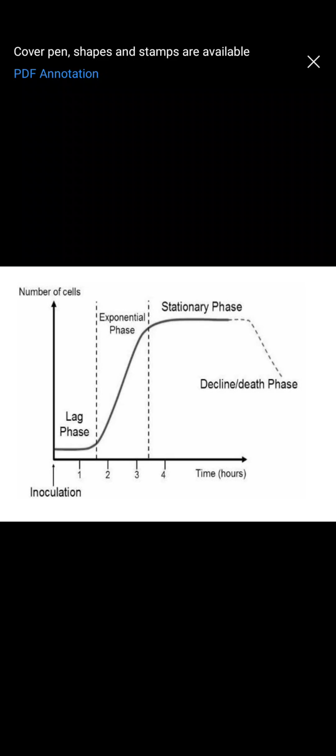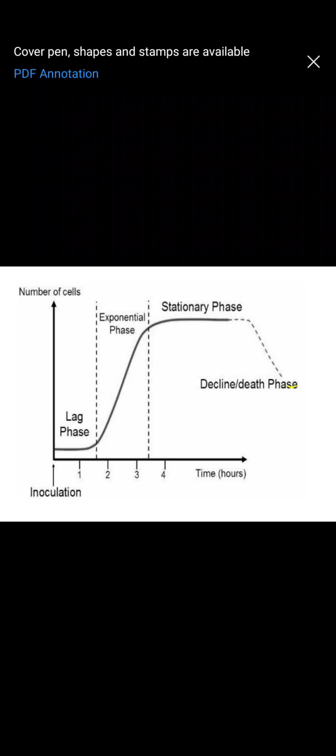So as a result, the number of living cells, viable cells, keeps on decreasing. So there is an increase in death of the microorganism, that curve. And as the time increases, the number of cells dying increases and the number of viable cells keeps on decreasing. So that is why you can see the graph is falling down. So this is called the death phase, because the number of cells dying is more when compared to the number of alive cells. This is called the death phase or the decline phase.